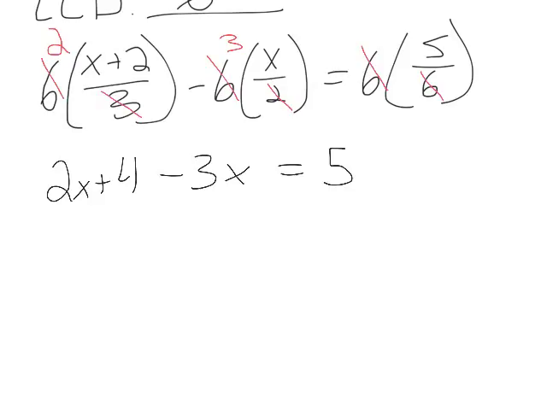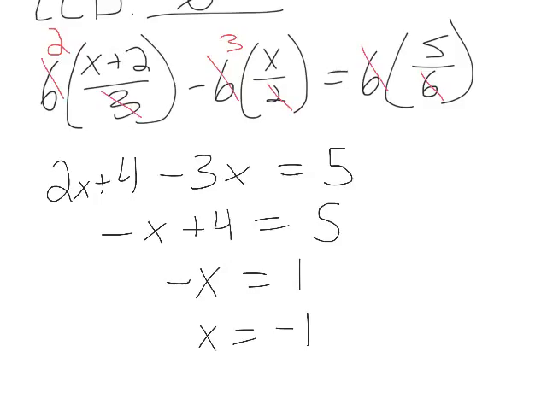Now from here we have just a plain linear equation, so what we're going to do next is solve this for x. Combine the two x terms on the left-hand side: 2x minus 3x gives us negative x, plus 4 is still there. Then we'll subtract the 4 from both sides. That gives me negative x on the left and 5 minus 4 on the right, which is just 1. At the end, you solve by isolating x completely. So we divide both sides by negative 1 and get x equals negative 1, which you can then check if you like. Okay, so there's one example.